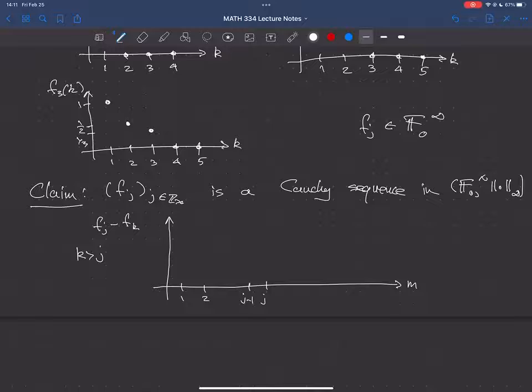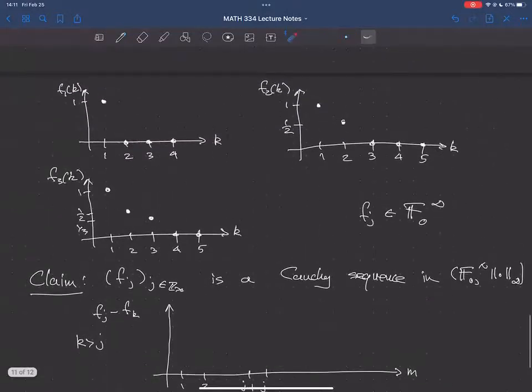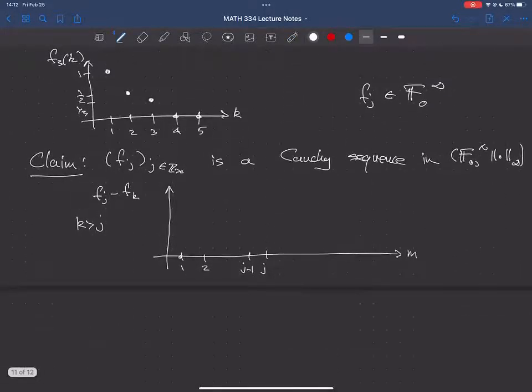Okay, so certainly up until j minus 1, fj and fk are going to assume the same value, right? I can see that in my plots up here. F3 and F2 agree up until 2. And so that means that up until j, fj minus fk will be 0. Okay, and then at j plus 1,